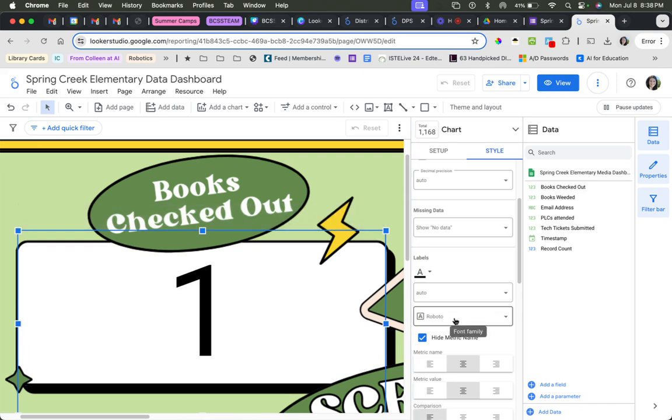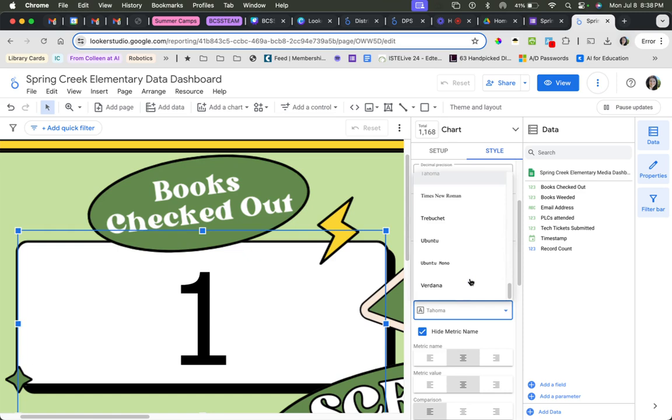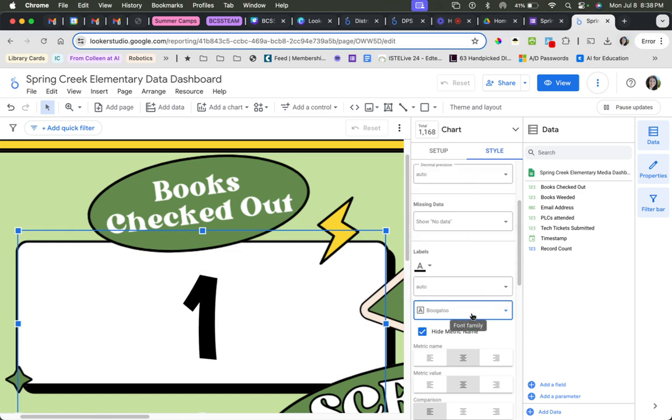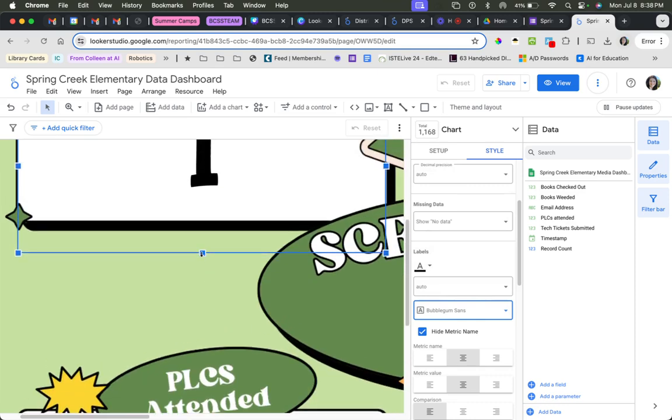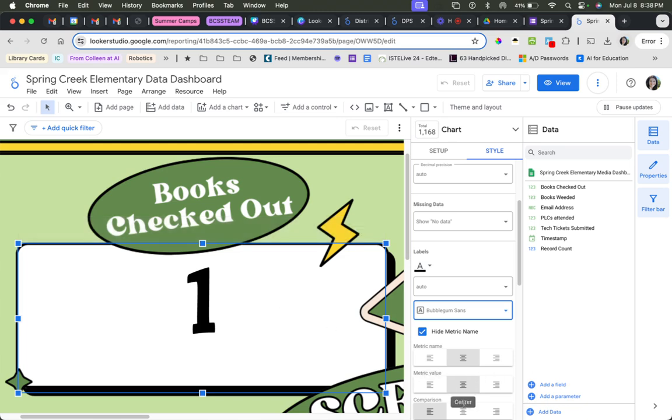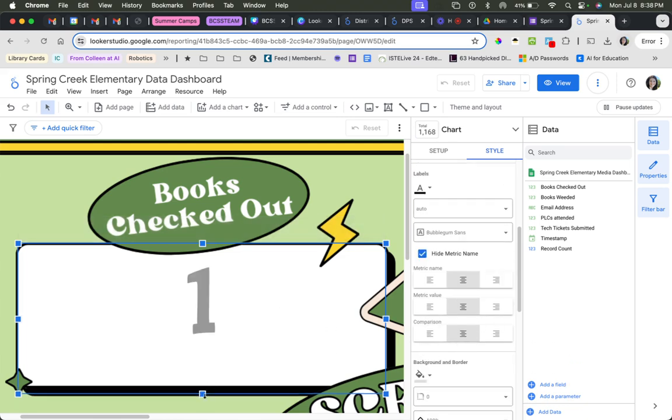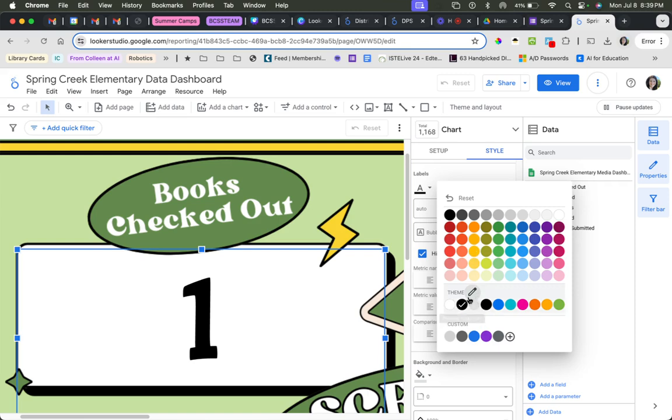I can also in the same spot change the font of that number or whatever that data is. For some reason, I always choose either Boogaloo or Bubblegum Sans. I don't know why I like them so much, but I do. I don't like that. So you can choose where you want it to stay. And you can also change like the font color. So if I wanted it to match,